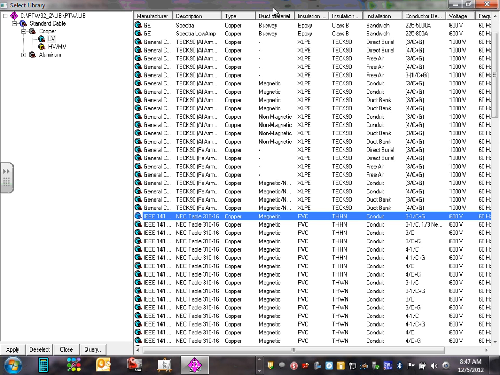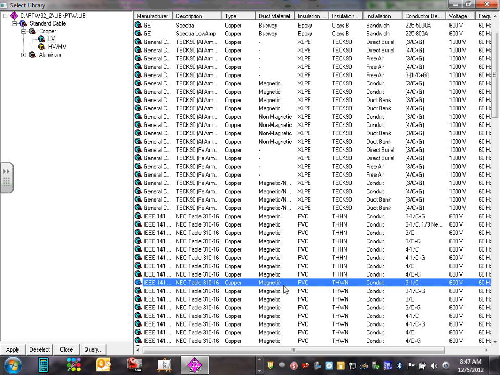Okay, so when you guys look at the volt and the voltage, can I use THHN here? Can you guys see the THHN? No, we can't use THHN. I'm going to use all the way down to here. Can you guys see that one? PVC, THW, conduit, installation in a conduit, 3 conductors,